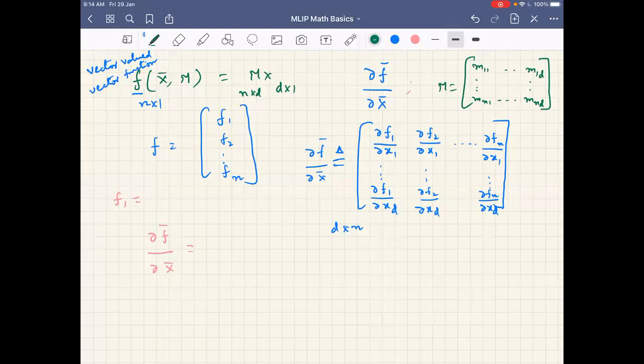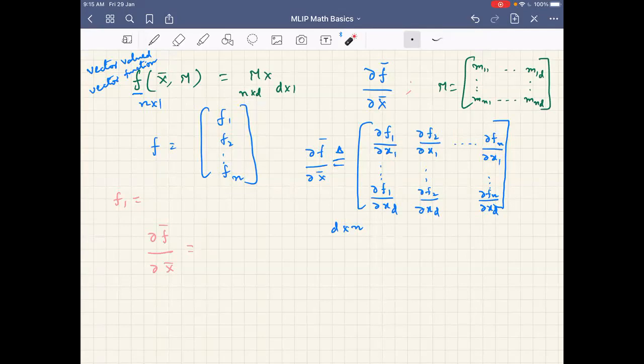I can define this derivative of F bar, dou F bar by dou X bar, in different ways. This is one standard definition people use. In most of the coding techniques, this is the definition that is used. That's why I have written it this way. But some textbooks, in fact Duda and Hart, define it the other way. So dou F by dou X: first I will find the differentiation with all X1 components, so it's like dou F1 by dou X1, dou F1 by dou X2, up to dou F1 by dou XD. If we define like that, things will be different.